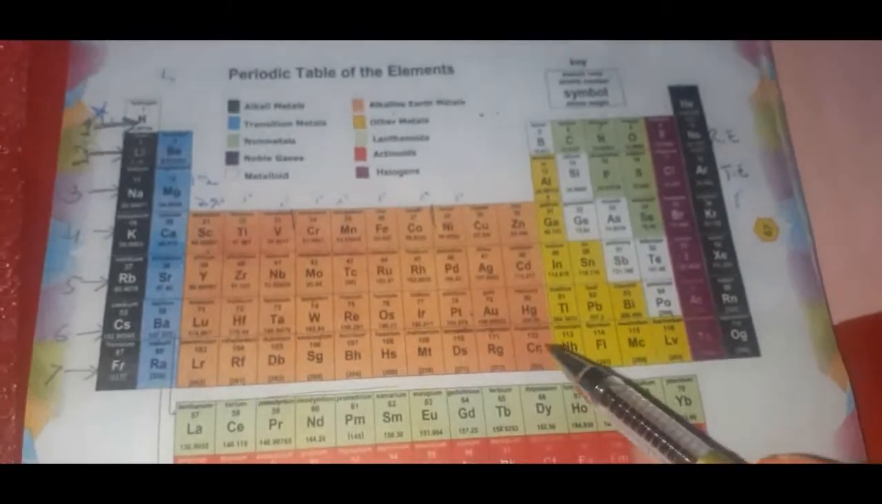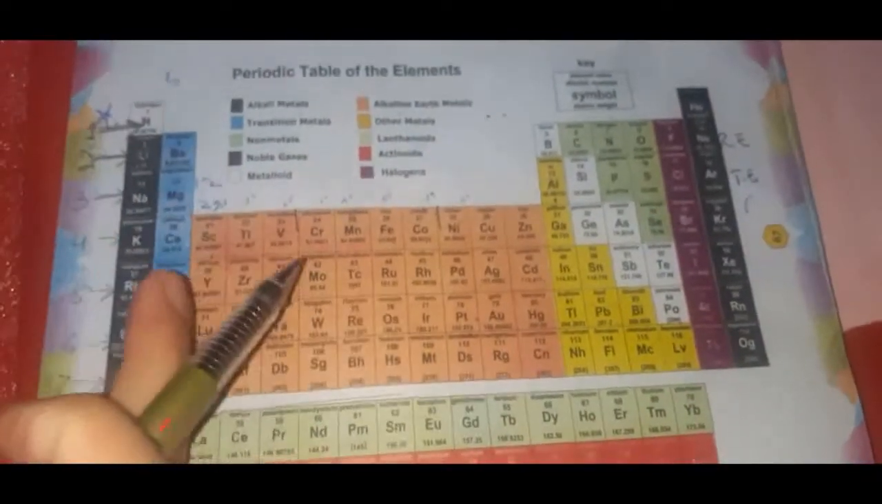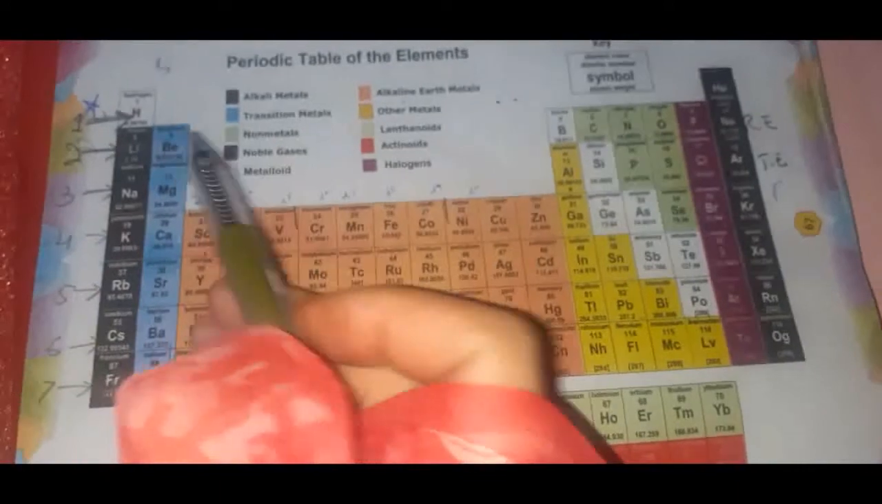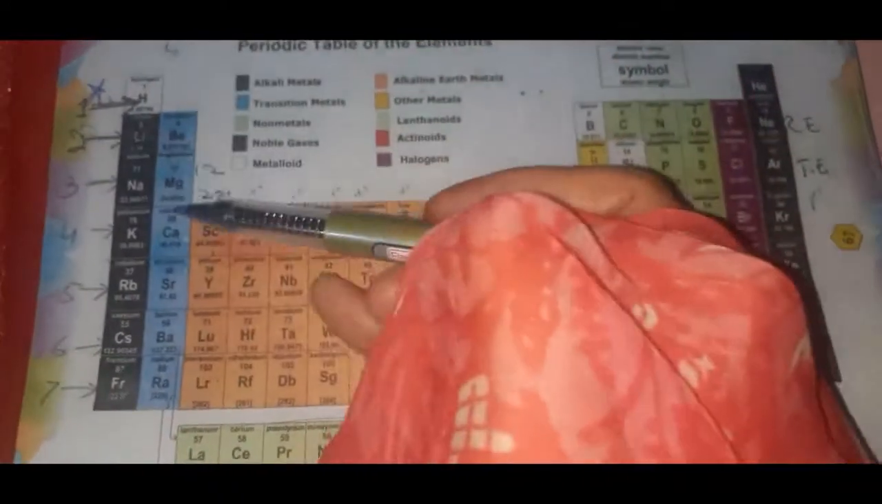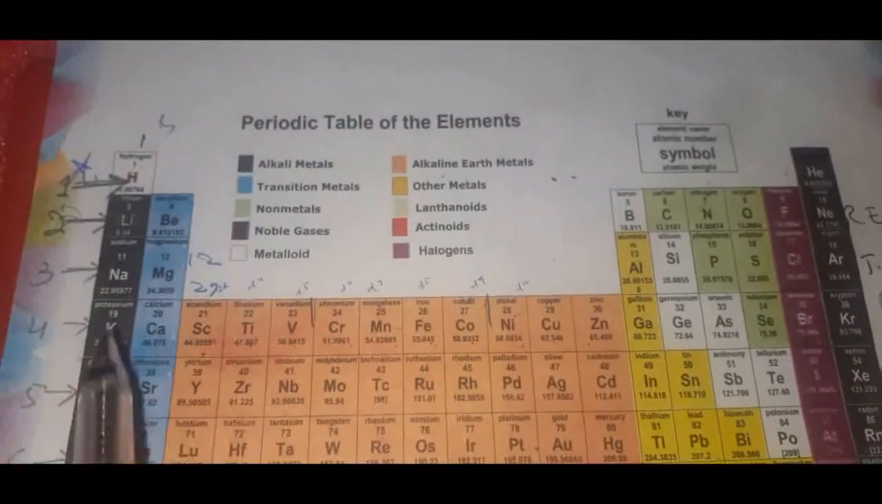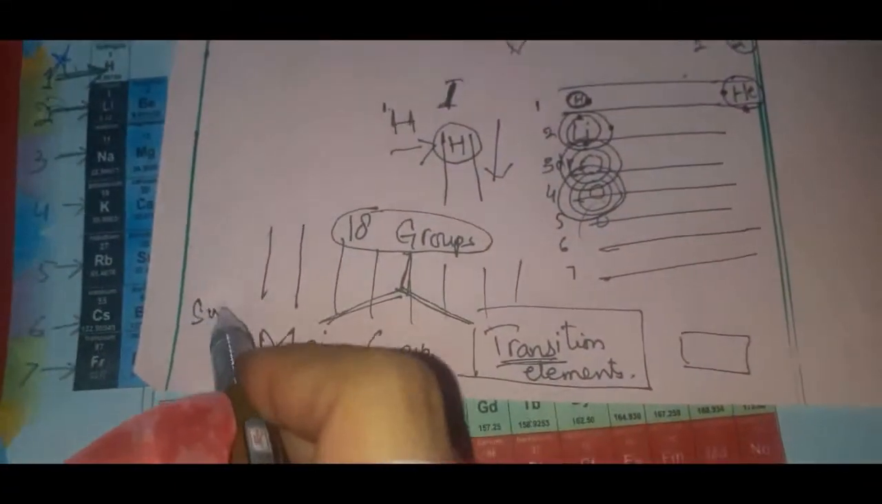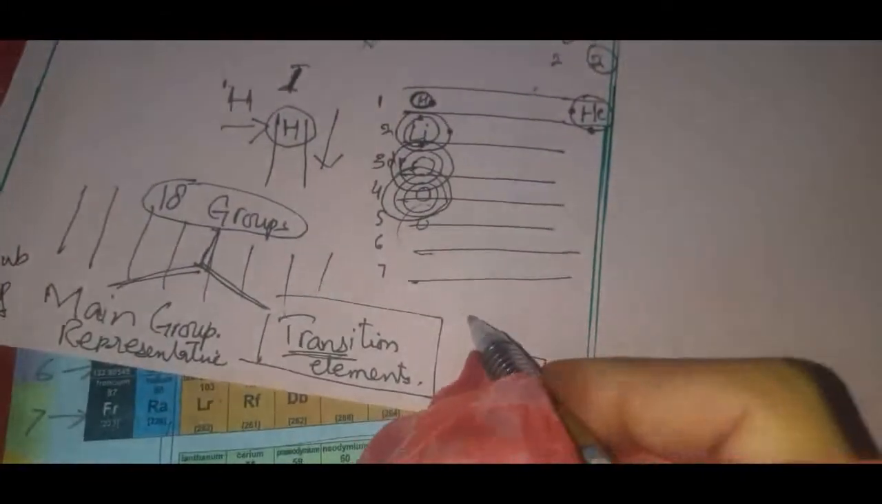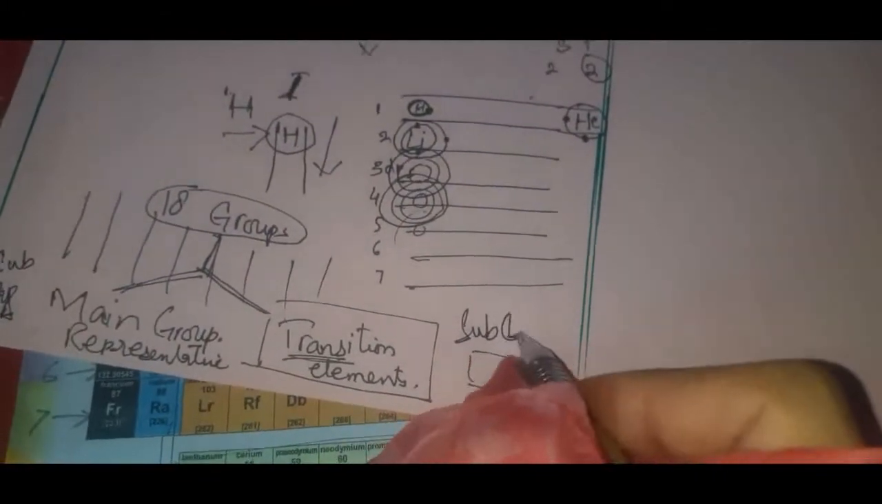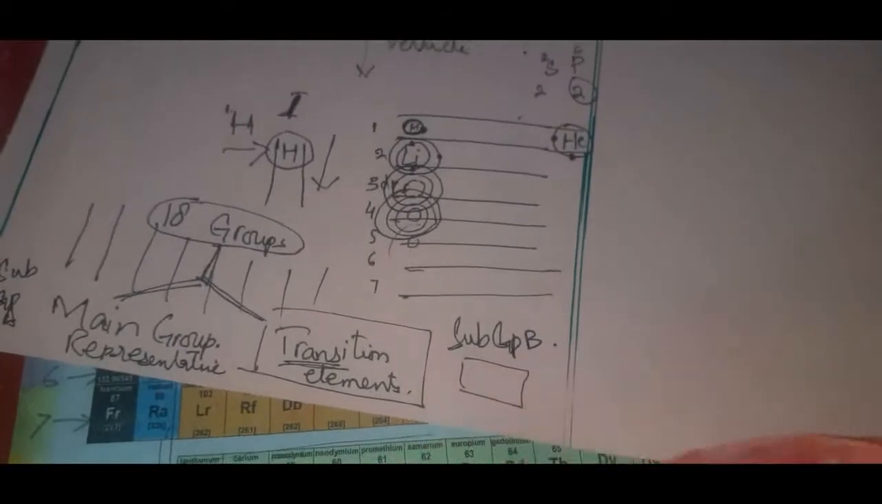Now at the left hand side, look at the left hand side, this is the hydrogen family and this is the beryllium family. So the hydrogen and beryllium families have a maximum of... This is group, okay. Representative elements are also known as subgroup A, whereas transition elements are known as subgroup B. Okay,